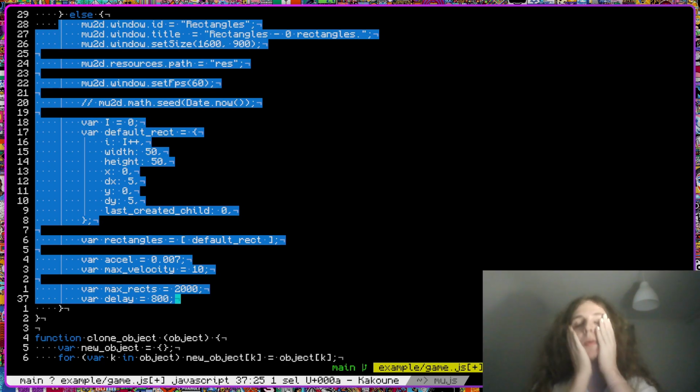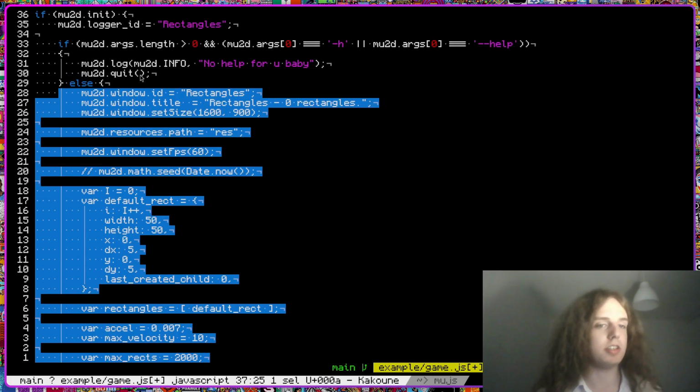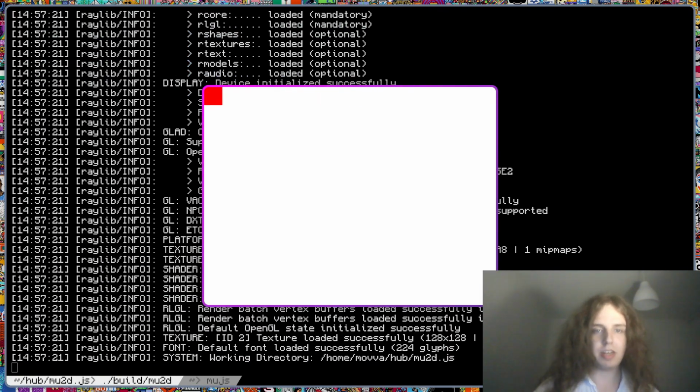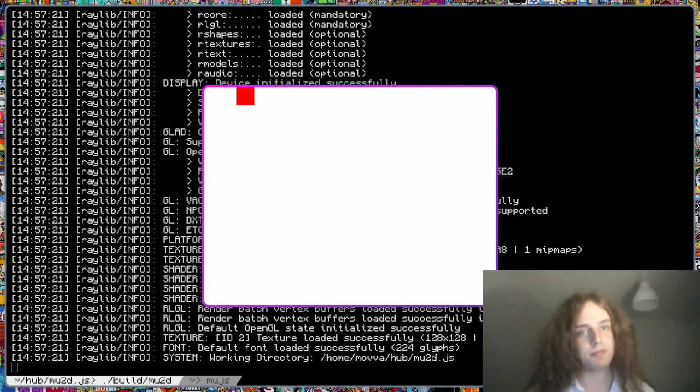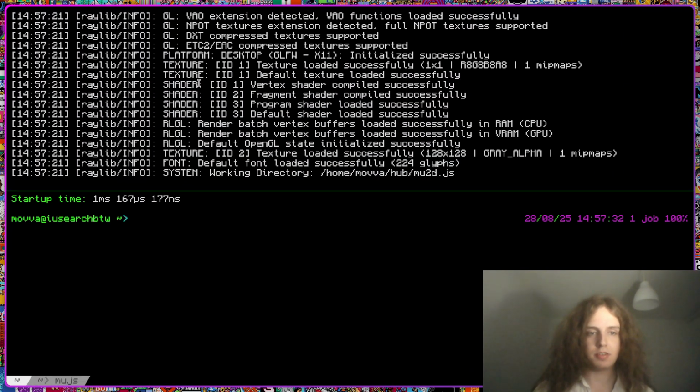Like in Love, yeah. So in Love you have the load callback, which is called once at initialization. And so I wanted to show you, and I will, what happens when you use it. So let's print the debug. So if I do F5 right now, it does that, right? So it resets the variable. And you might not want that, right?